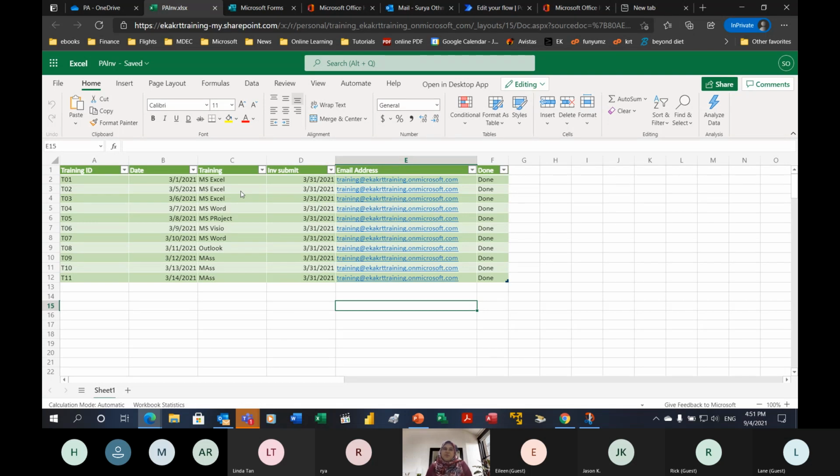Actually, Power Automate has been used in many industries. It has been used by Coca-Cola. Okay, not pro Coca-Cola here, but Coca-Cola actually uses Power Automate. And banking,